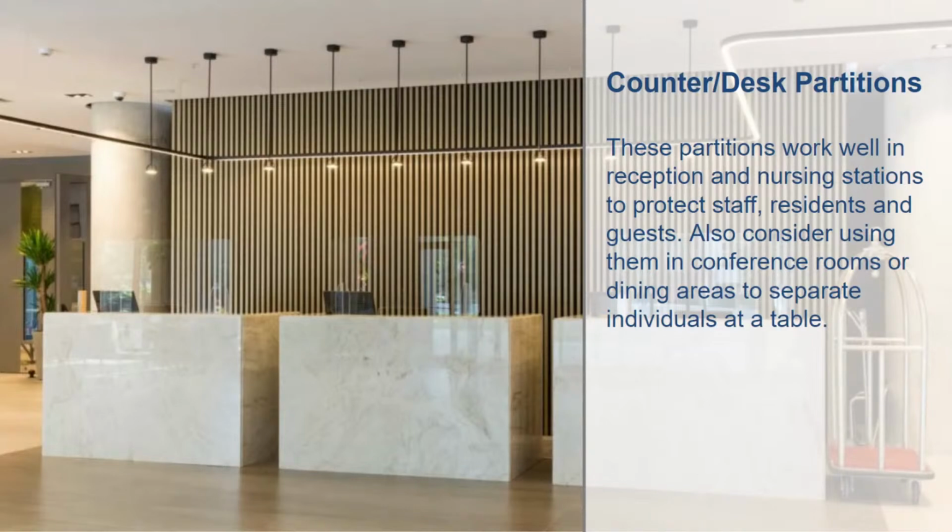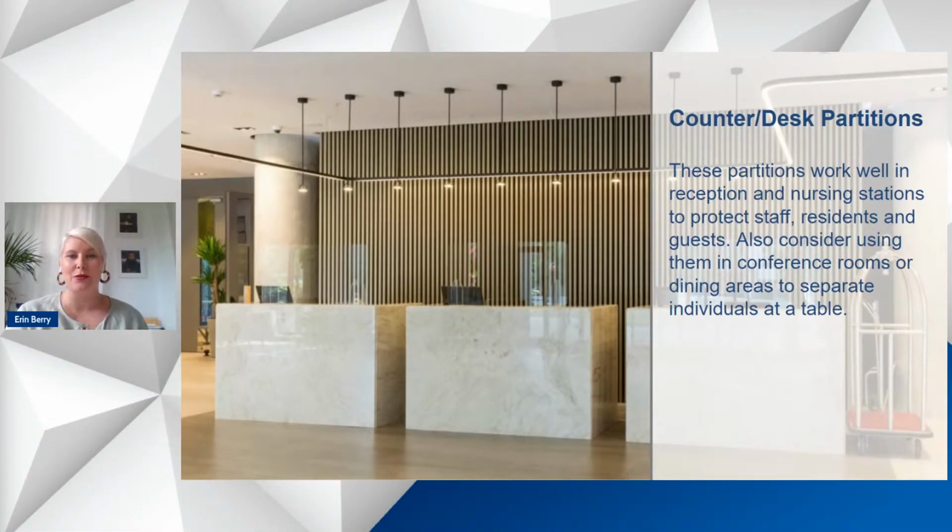We're also looking at counter and desk partitions at host stations in the dining room. This can also be on action stations, like some of those exhibition kitchens where you have someone out in the middle of the dining room making pizzas and things like that. And also, of course, at your grab-and-go bistros and coffee areas. So anywhere that you have a staff member stationed and handing out beverages and food and things like that,